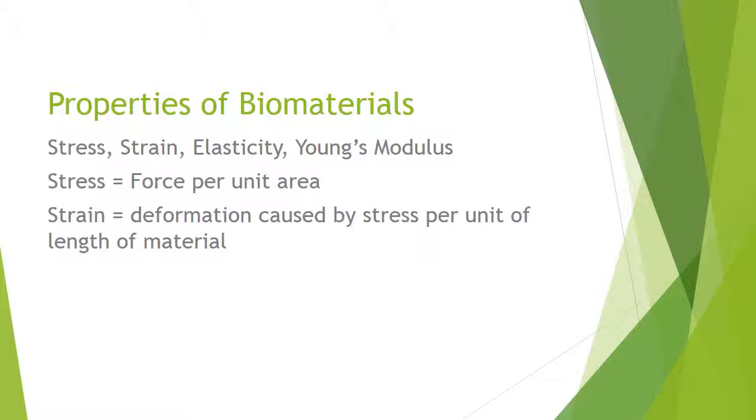The damage that is done to the tissues depends upon the properties of the particular biomaterial. Stress is the force that is put upon a unit area. For example, somebody throws a punch, and the force that is transmitted per unit area of the tissue is stress. Whereas strain is the deformation caused by the stress per unit of length of material. That means to say each and every tissue, for example bone, muscle, fascia, the amount of deformation it has undergone,